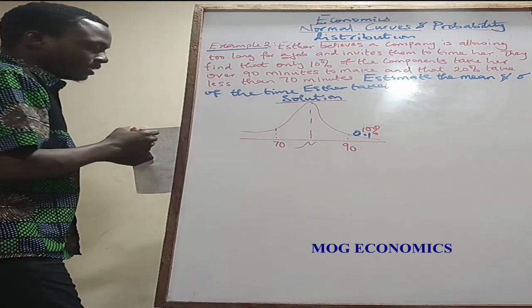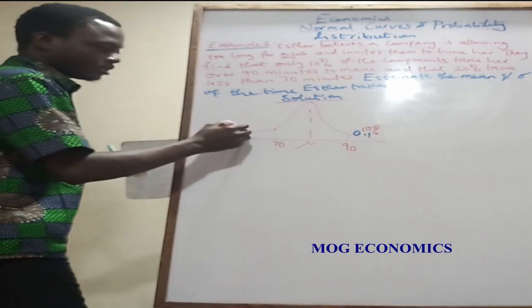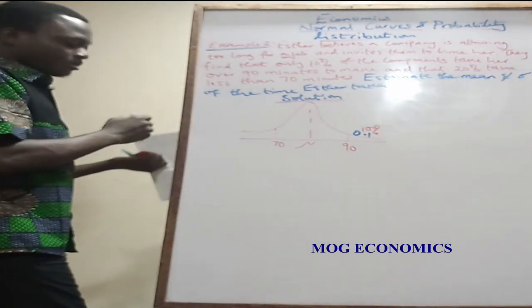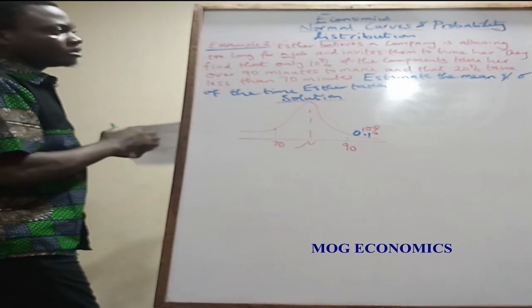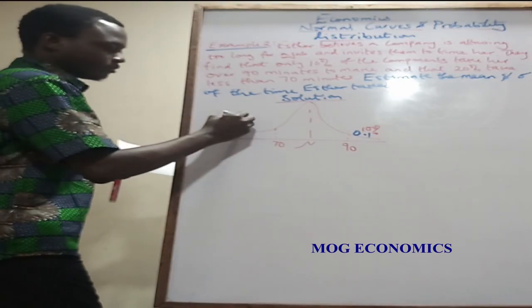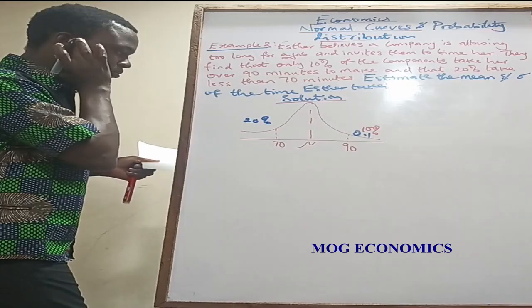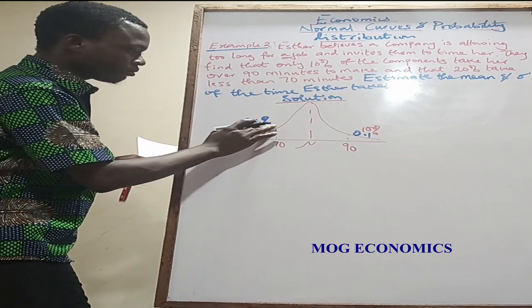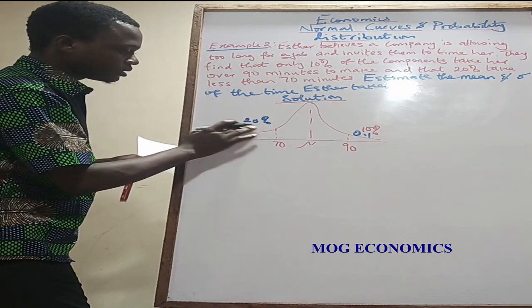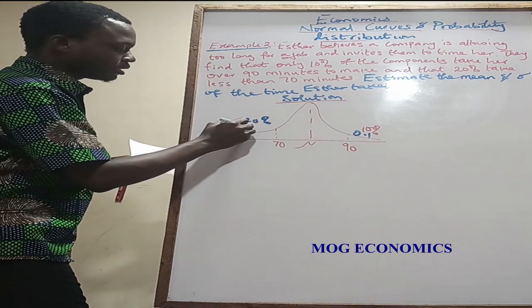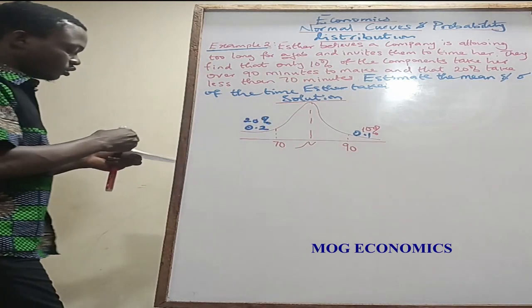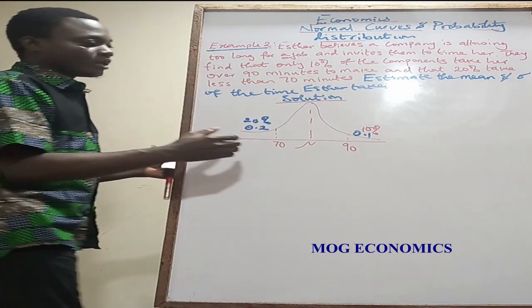Less than 70 minutes. So you are coming to the left of 70 minutes, which is 20%. So you have 20%, right? And where is the answer? Less than 70 minutes to make. So this is going to be corresponding to an area of 0.2, right? So we are looking for,